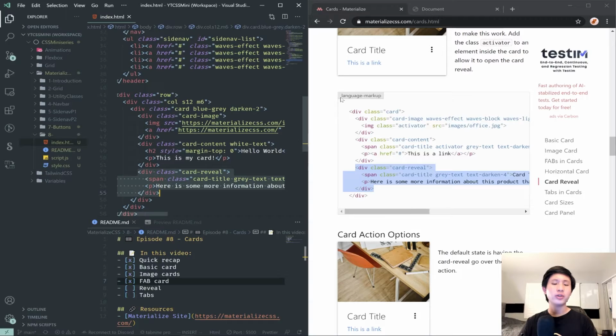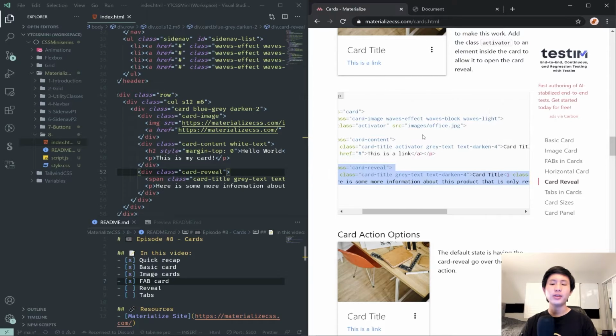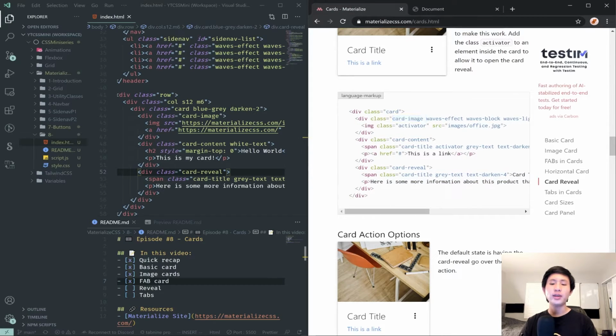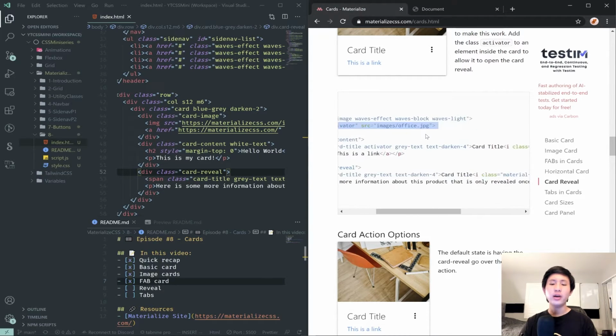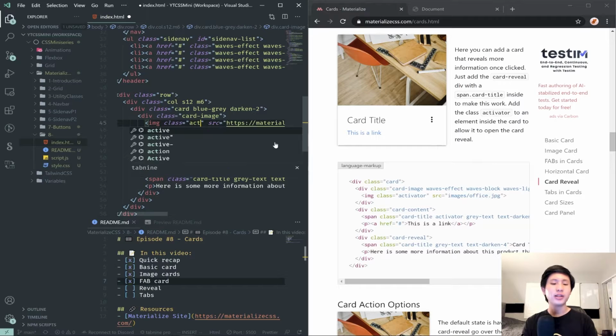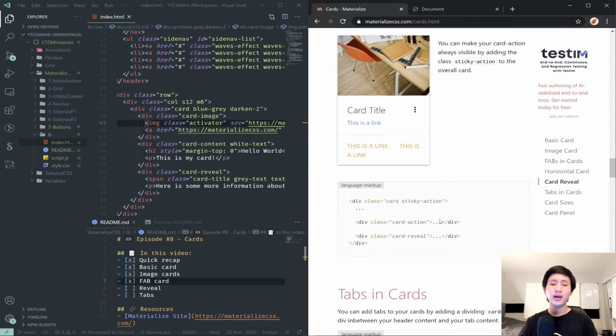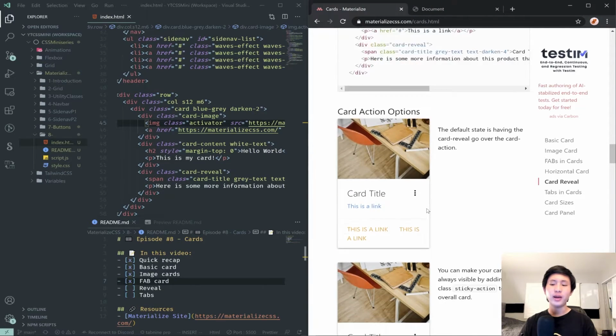So we have the card reveal section here, and now when I click on, or I forgot to add a class here. So here on the card image, we have to give the image a class of activator, which is right here. So let's give it a class of activator. And I believe we actually still need to activate it with the JavaScript itself. So let's find that,